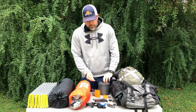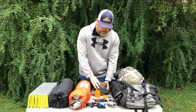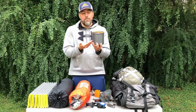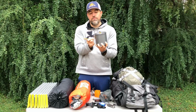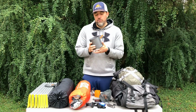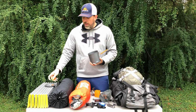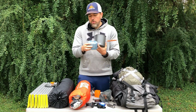Now, one of the things that I did not save a ton of money on, that I didn't want to skimp on, is a good cook set. Now, a cook set, in my mind, should be very simple, and basically it is a pot. That's pretty much the whole thing. It folds up in itself, and then it opens up. And the reason why I got this GSI Outdoors cooking set, I say set, it's really just a pot, is for 2 reasons. One is because of the high quality of it, but 2 is that it fits a normal